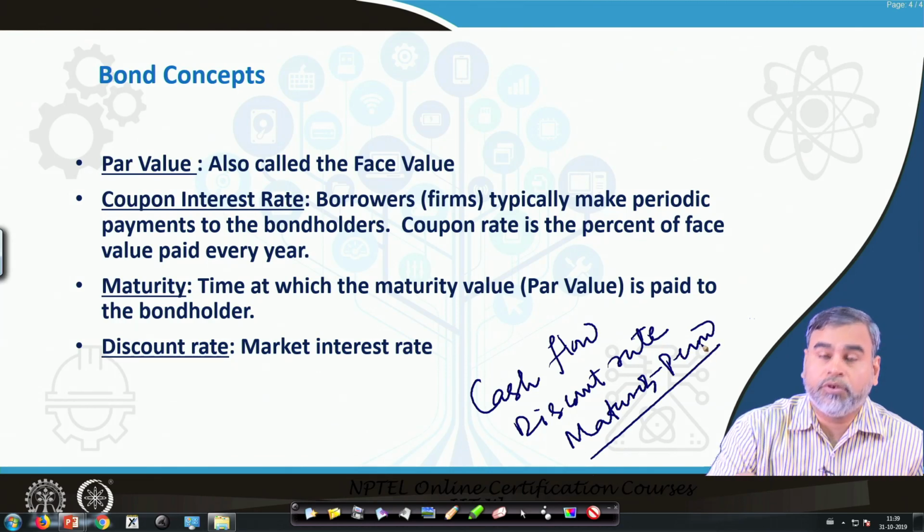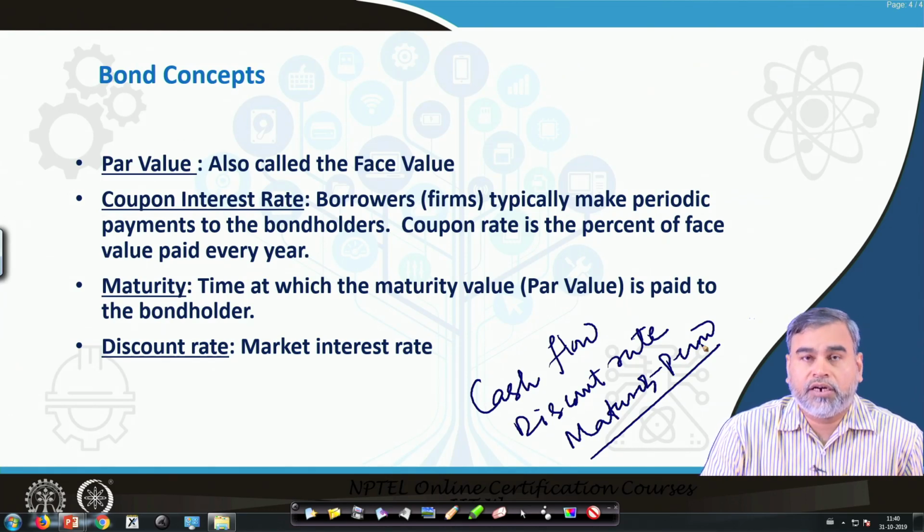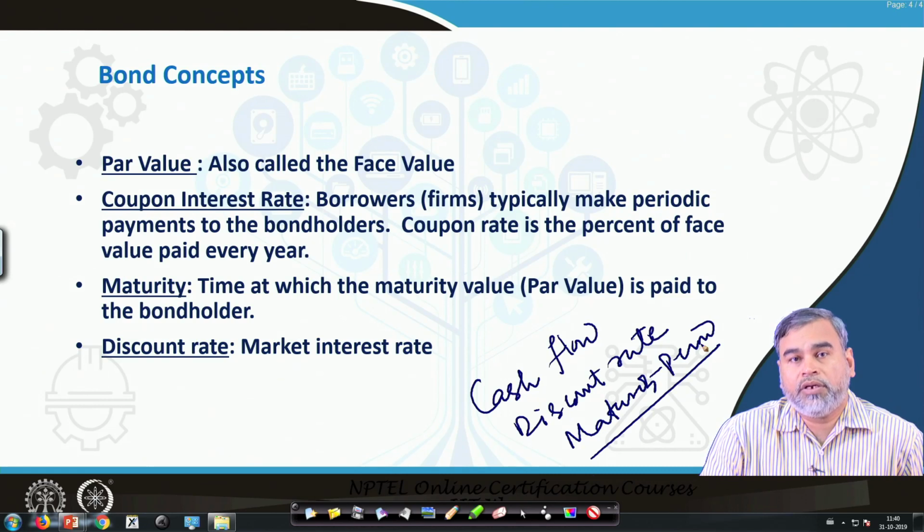So, this much was required whenever we talk about the valuation of equity. But whenever we talk about the valuation of a bond, we need another thing, because a bond has a par value or face value. If the bond has a par value or face value, that also has to be discounted to get the price of the bond. That is the basic difference. Whenever we talk about the valuation of equity, we have one component where the periodic cash flows will be discounted with respect to a particular discount rate, like cost of equity or cost of capital. Then finally the intrinsic value of the equity can be